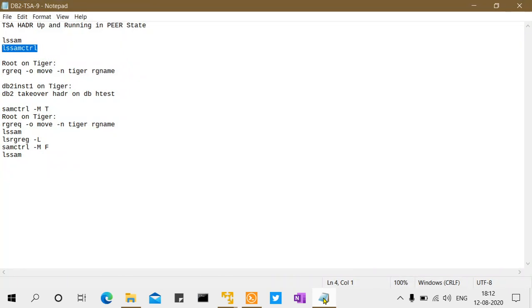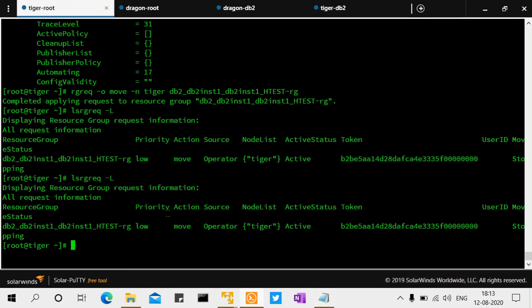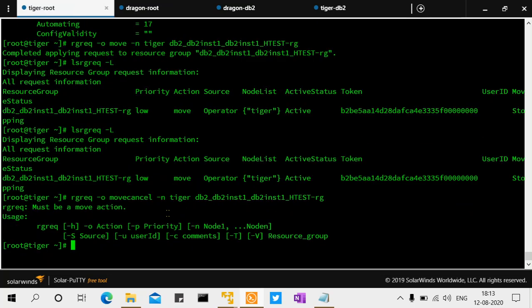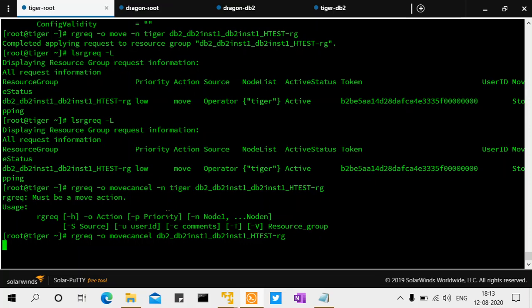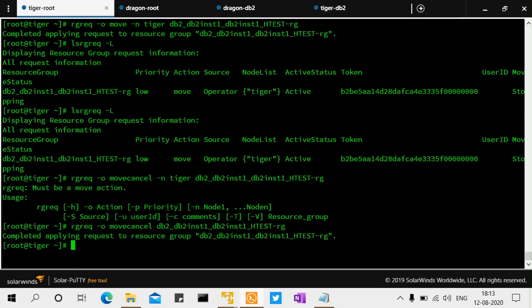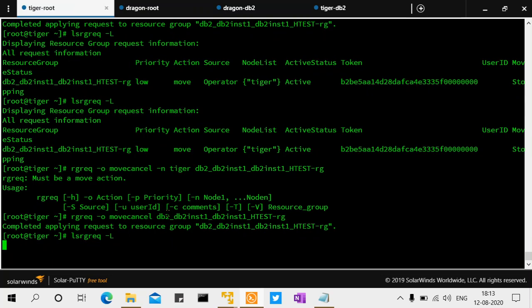So how do I cancel the move request is, okay, I think that is how I cancel the move request: cancel, move cancel on that resource. No, maybe I should not give the node name. Okay, yeah, so I have issued a move cancel request, lsrgreq hyphen l.